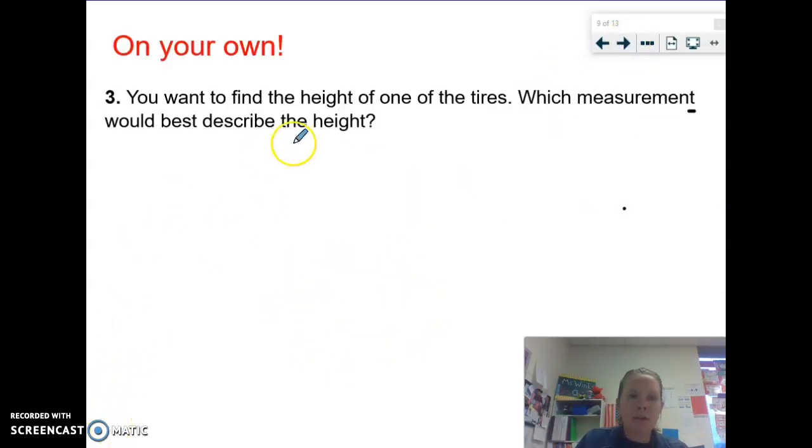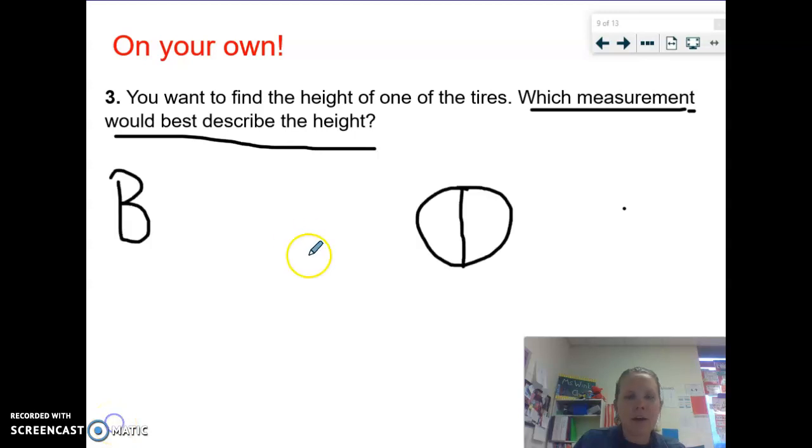This one's kind of a similar question. Think about it first for a minute, pause the video, see if you can answer it. All right, if I want to find the height of this tire, here's my tire. It's going from one top to the other. My